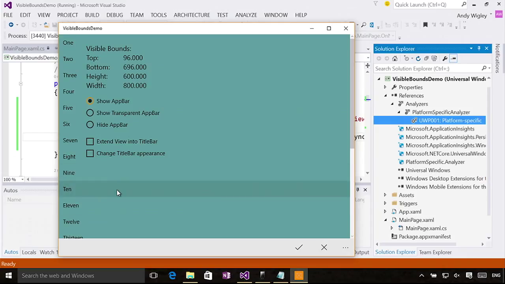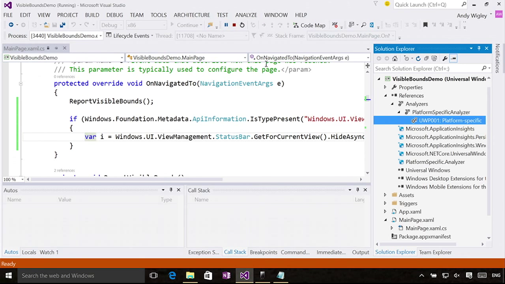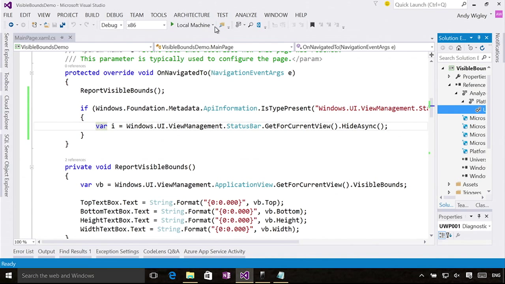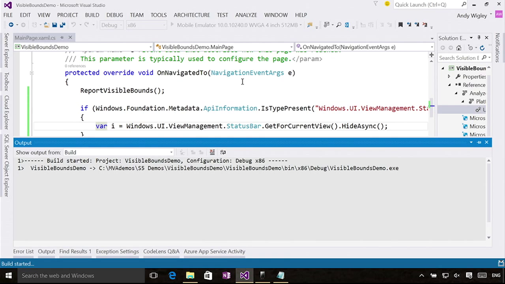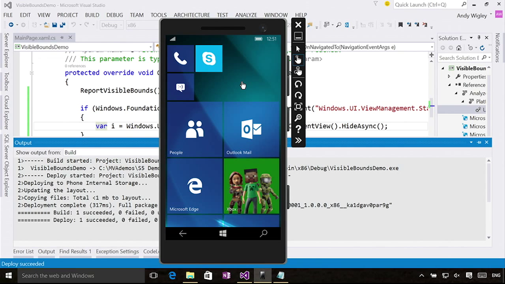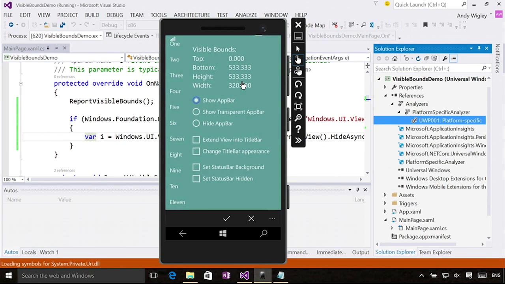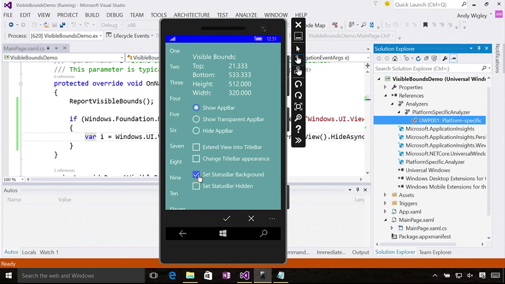So this actually uses adaptive UI as well, because there's a couple more buttons there for the phone. So let's just prove it to you. Yeah, let's view that again. I didn't notice until you said it. Yeah. So let's run this on the phone. So the last thing I saw was the extended title bar and the title bar color. Oh yeah. Set status bar background. Yeah. Set status bar hidden. There we go. You can set the background, you can change it. So there's some things, because the status bar is phone only, and this is so